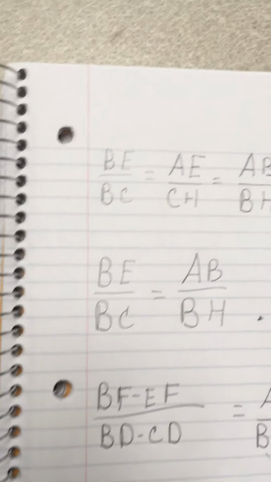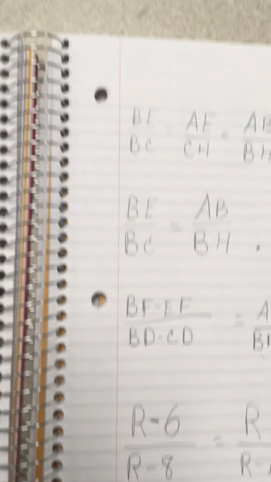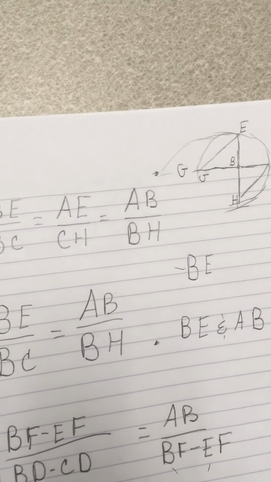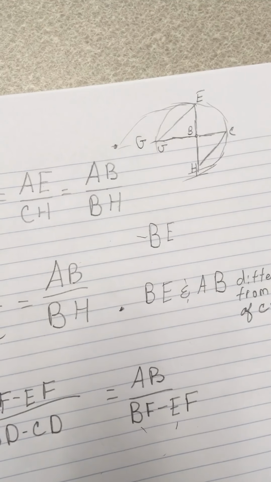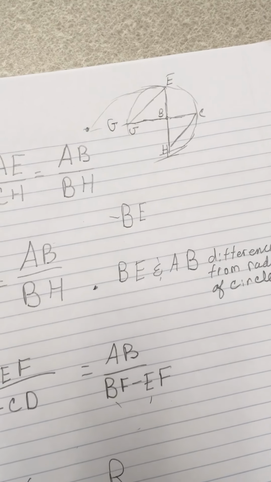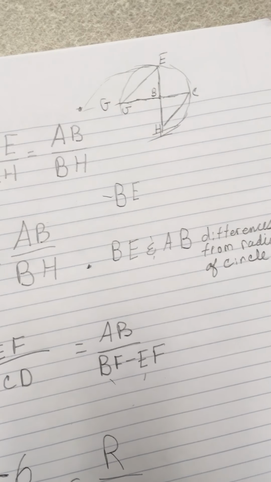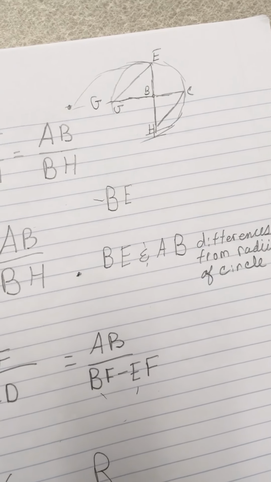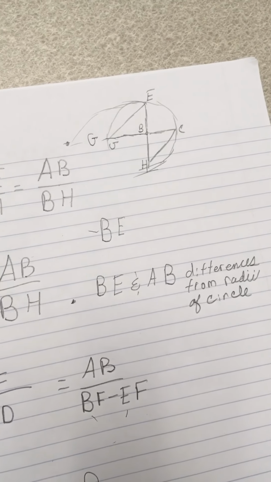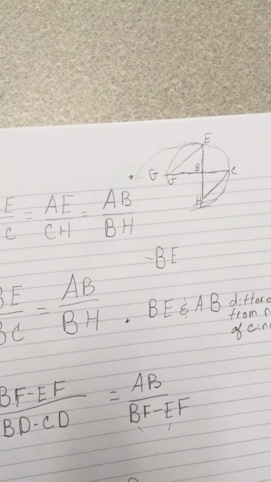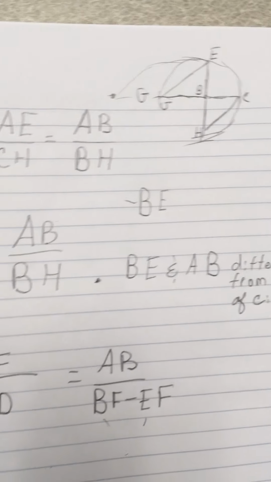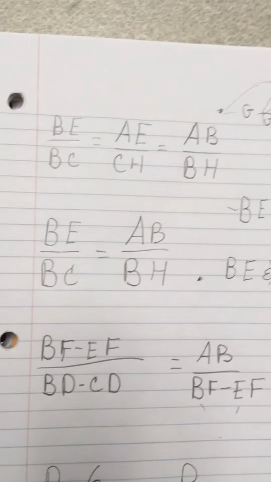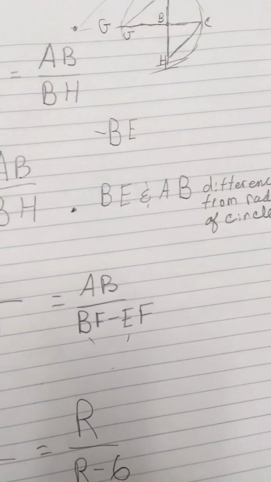For this, BE, this one right here, is equal to AE. The difference between BE and BS is proportional to AE over CH. So right there, and that is also proportional to AB over BH, the radius of the larger circle over BH. And these two are proportional, so the differences